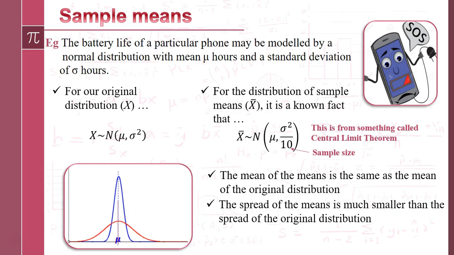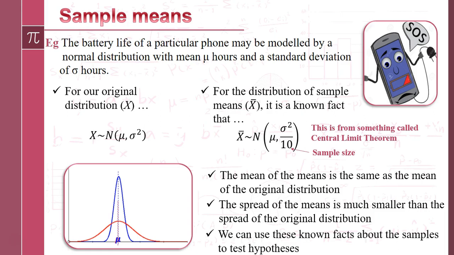Well, the mean of the means is the same as the mean of the original distribution. Take a moment to figure out if you're happy with the phrase "the mean of the means." And the spread of the means is much, much smaller than the spread of the original distribution. And it's this information that comes from the central limit theorem,